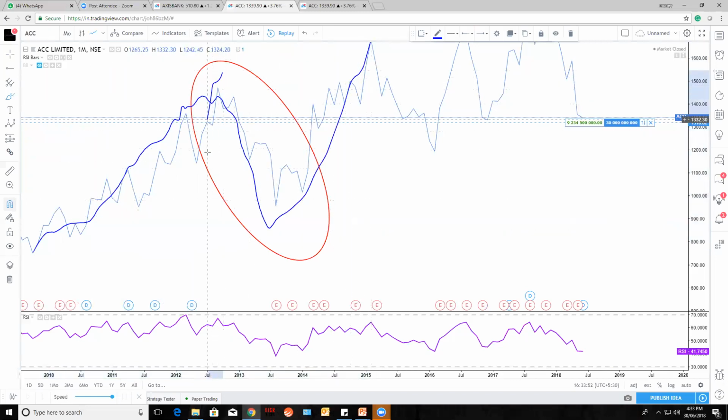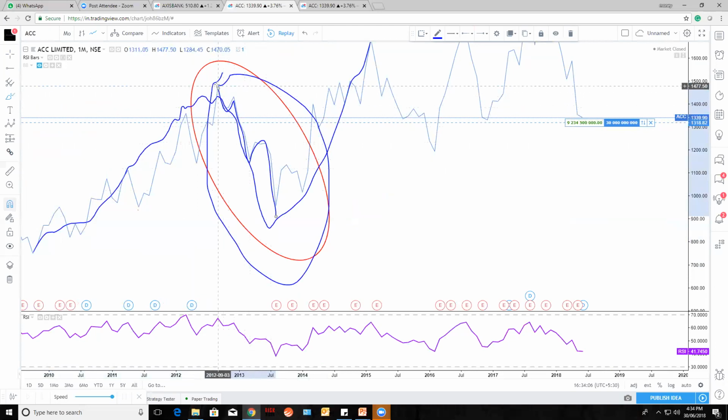But this correction, which we circled in red, if you see it clearly, internally there is a wave. It's an impulse and correction, an impulse and correction and impulse. Why am I saying this is an impulse? Because it is going downside, it is in the direction, and this is against the direction. This is the primary direction here, right? So this is the impulse, this is a correction, this is an impulse, and it's against the impulse wave, that is a correction wave. Again it is an impulse wave, and it is a correction wave.